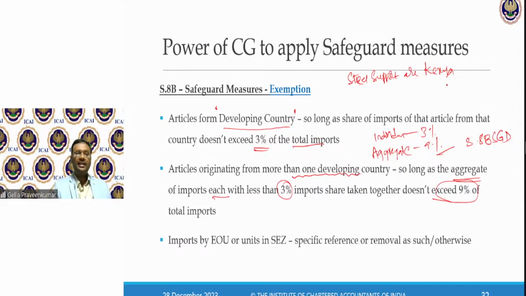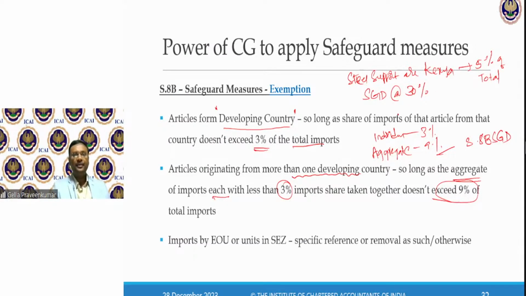And there is a sudden inflow of goods into India, and imports from Kenya constitute 5% of total imports. The applicable safeguard duty is at the rate of 30%. Examine the provisions of section 8B on whether these imports from Kenya are subjected to safeguard duty.